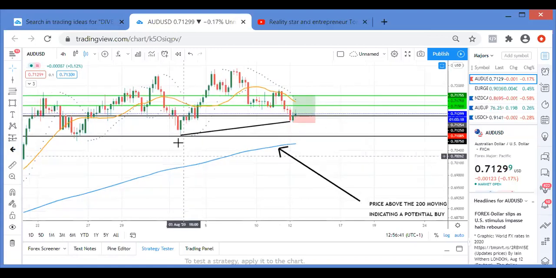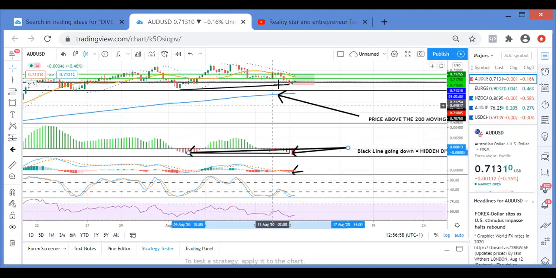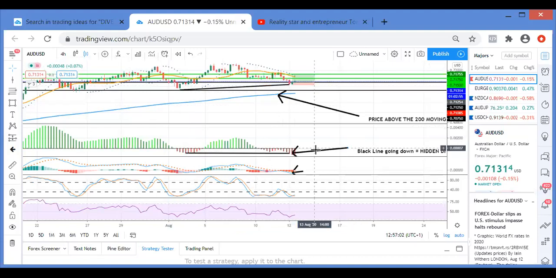So yeah, you buy low and you sell high. Because it's above the 200 moving average, I'm looking for a buy. Now, how do I look for a buy? All I do is go to my MACD and look for these red areas. These red areas signify the low points in the market. Does that make sense? Anytime I see this red,